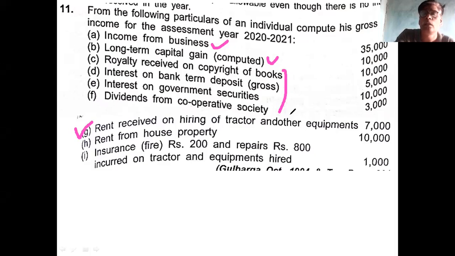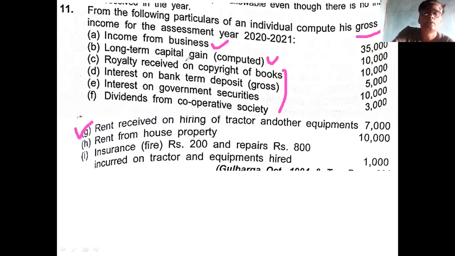Therefore, you have to calculate the gross total income headwise. First, you take income from salary. Second, income from business. Third, capital gain. Fourth, other source. These are the 5 heads. The total of the 5 heads is called gross total income. And gross total income comes after the adjustment of losses also, that is called set off and carry forward of losses. We have to set off the losses as per the provisions of the Income Tax Act.